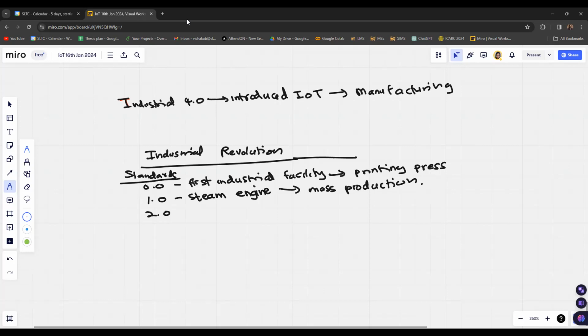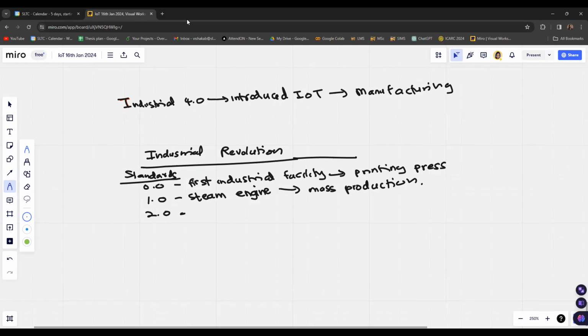Industry 1.0 relates to the era where we were doing mass production using the technologies of engines, motors, steam, and so on. The steam engine enabled production to reach a mass level and improved the efficiency of manufacturing.